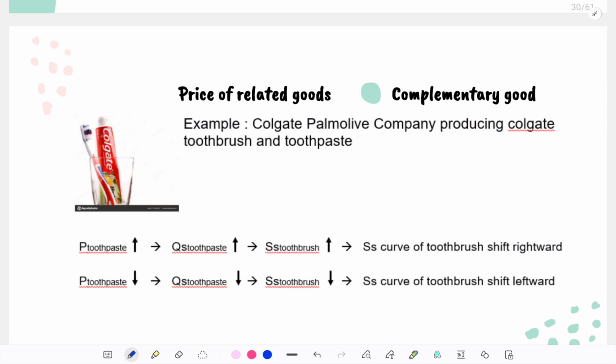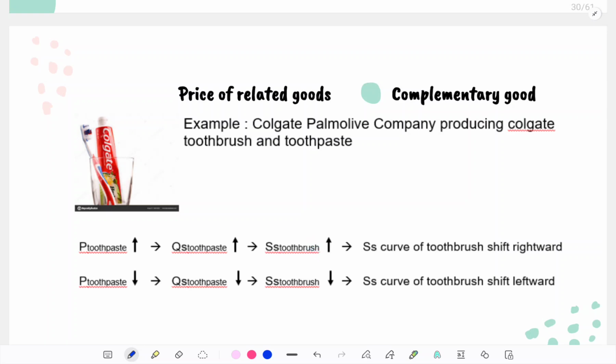Complementary goods are goods that are often produced together. For example, Colgate-Palmolive Company is producing two types of goods, which are Colgate toothbrush and Colgate toothpaste. When the price of toothpaste increases in the market, the company will increase the production of toothpaste to get more profit. Because toothpaste is used together with the toothbrush, automatically the producer will increase the production of toothbrush